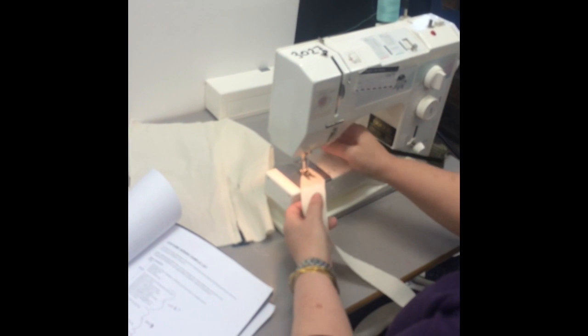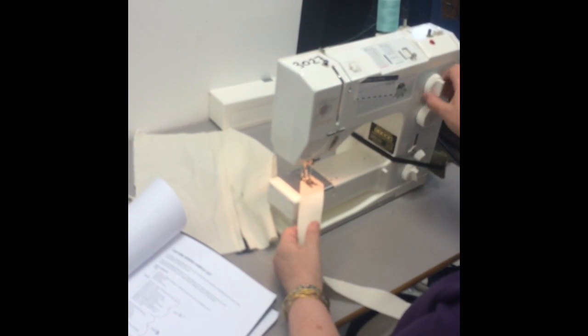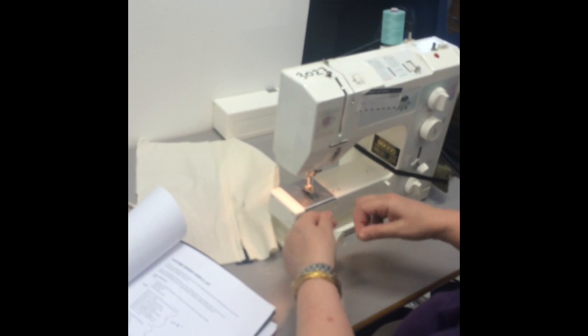And you're literally going to stitch. Oh, zigzag. I was like this. Mine sounds exactly